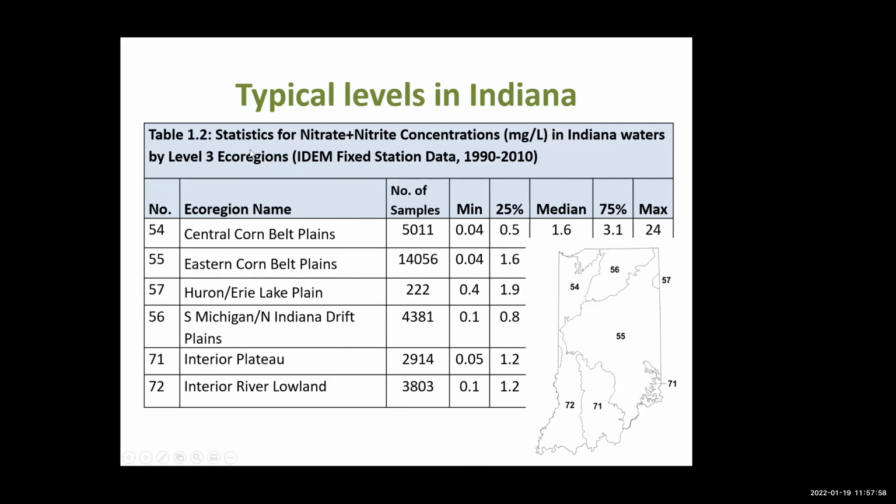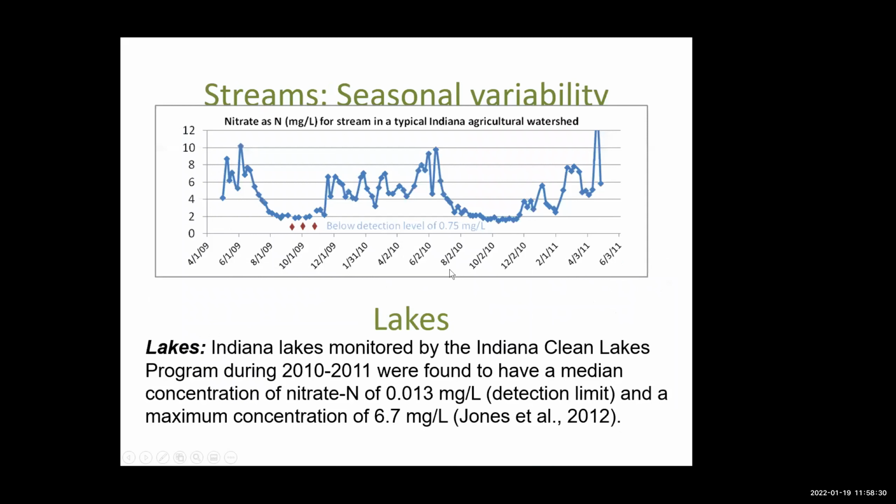Oh, and these are the ecoregions. You may or may not have ever encountered them, but EPA, in looking for nutrient standards, is using these ecoregions. So this is a universally accepted method, other than watersheds, of dividing our state into a number of ecoregions. So 55 is the biggest. It's called the Eastern Corn Belt Plains. 54 up in the Northwest is the Central Corn Belt Plains, and 56 is Southern Michigan, Northern Indiana Drift Plains. Okay, so